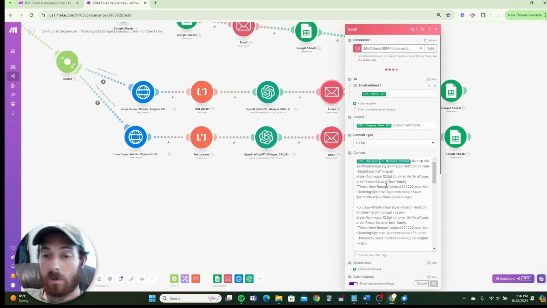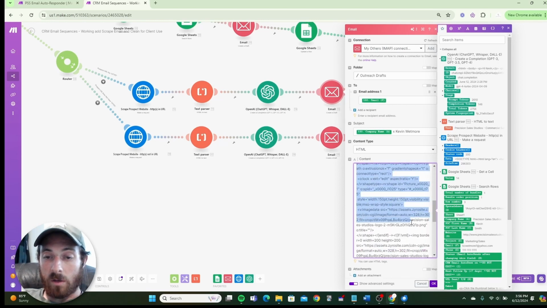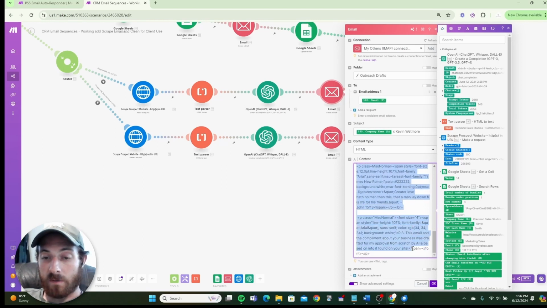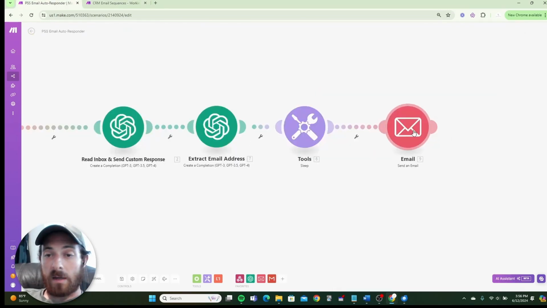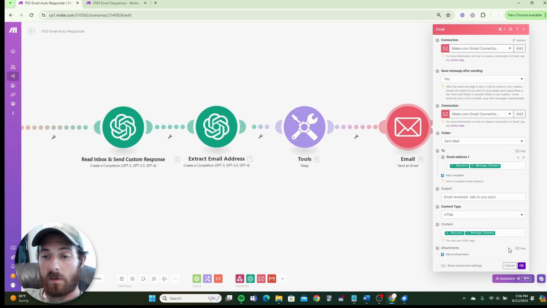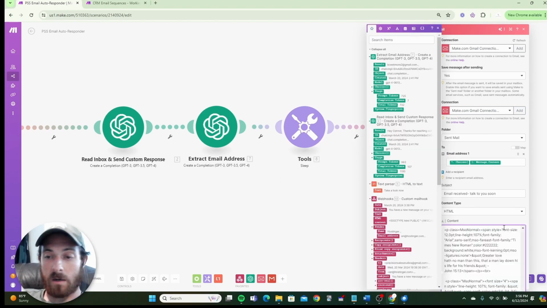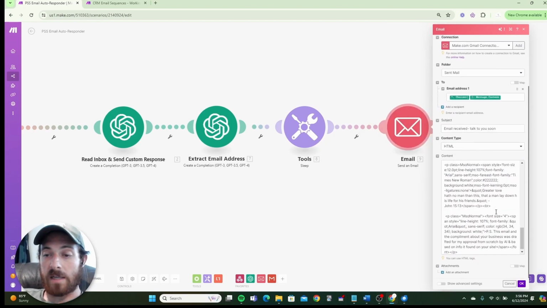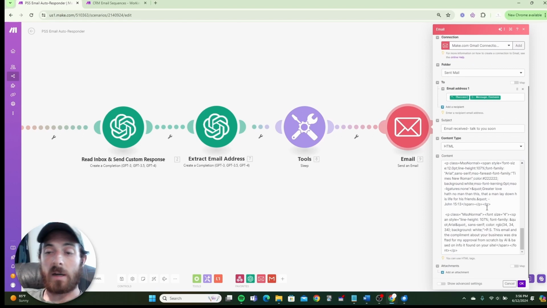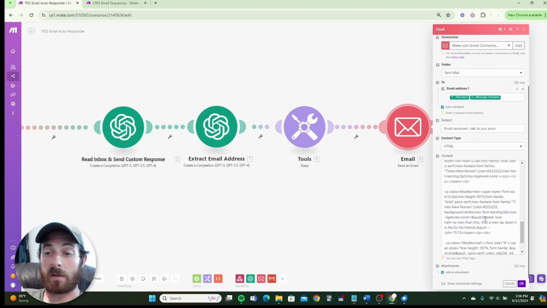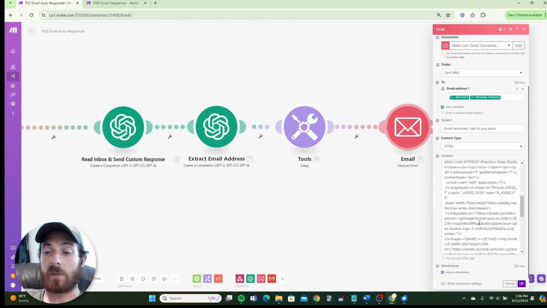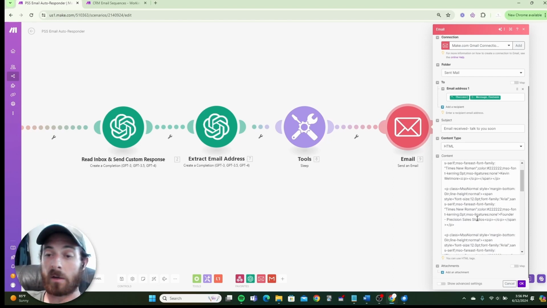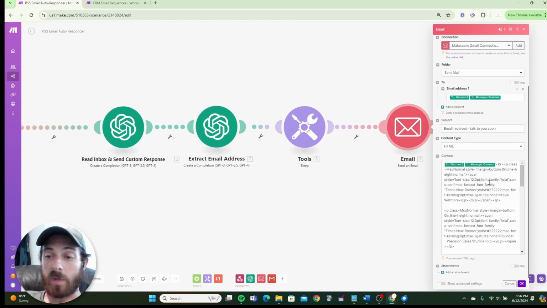However, we do have in here the HTML code for the sign-off, and there is a lot. And we're going to copy that, and we're going to paste it into our content here. And so now we should have a nice, clean contact us or booking link button with my custom sign-off and the logo and the hyperlink and all that good stuff,